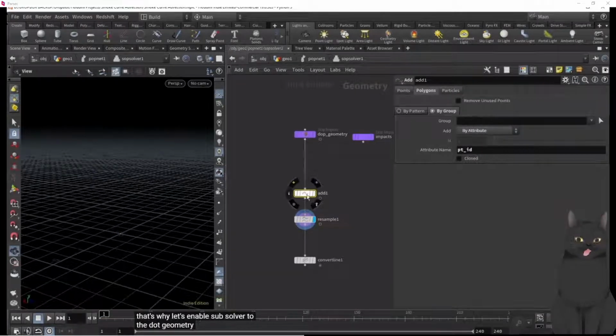To the DOP geometry, we need to attach the add node. Here you see